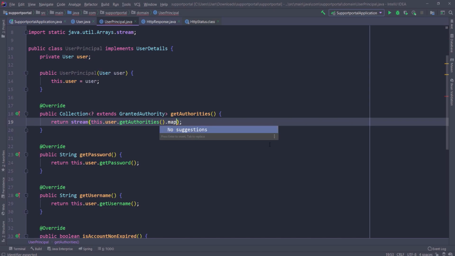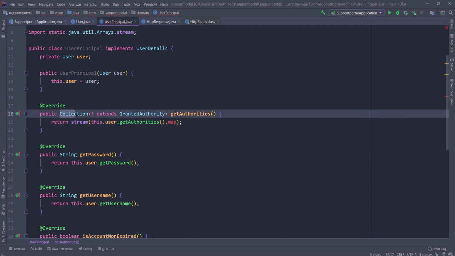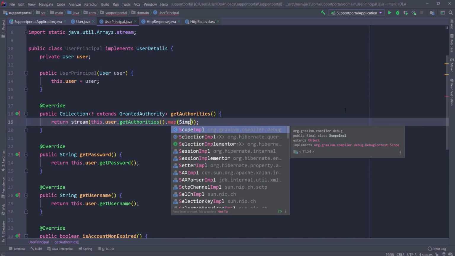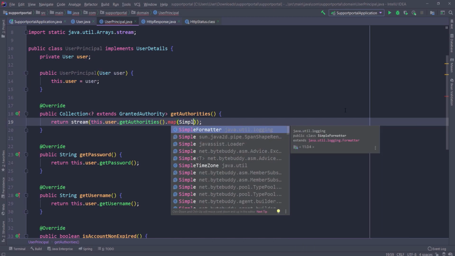and what I want to do, so whenever I get all, let me explain what I'm doing first before I type it out. What I want to do is return any collection that extends granted authority. So right now, I take all of the user's authorities, which is going to be an array of string, and I'm going to map each one of them as a simple granted authority, which is a string. So I'm going to do simple granted authority,